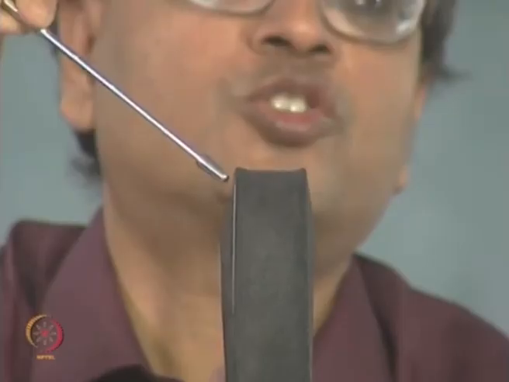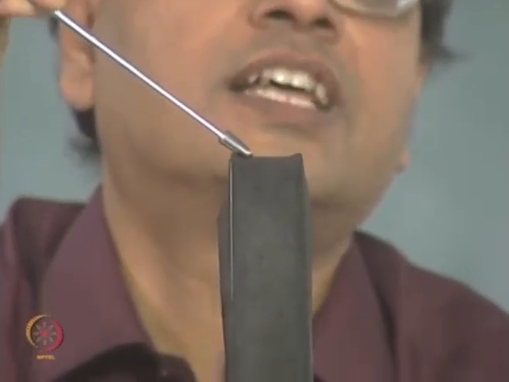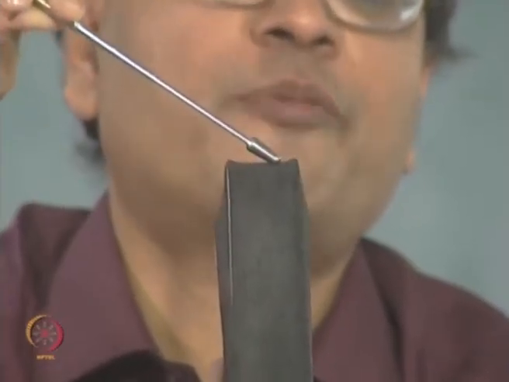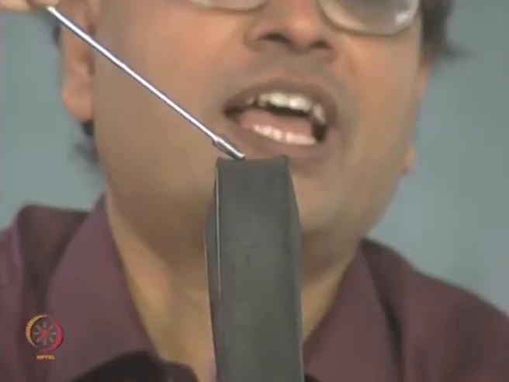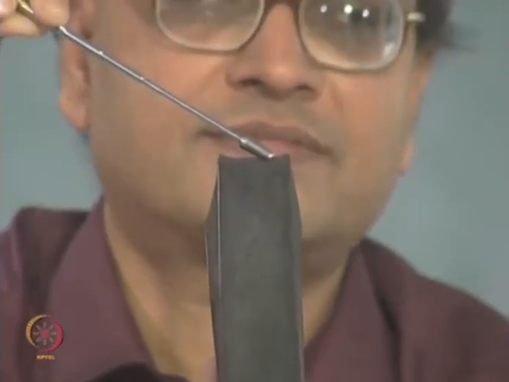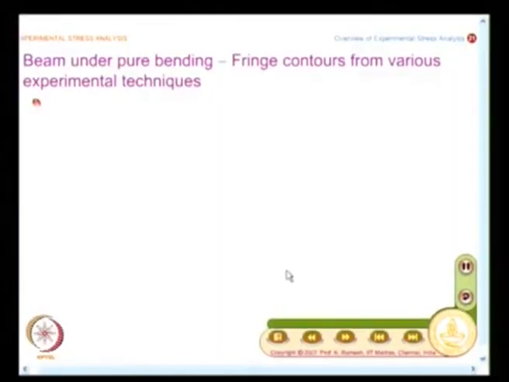this curvature is known as anticlastic curvature, and none of this you might have heard in your first level in strength of materials, if people have not gone deeper into the analysis of beams. Only when you go deeper into the analysis of beams will you find that these concepts you have to look at. And what happens? The experiment reveals this, and that we will see very closely when you see the fringe